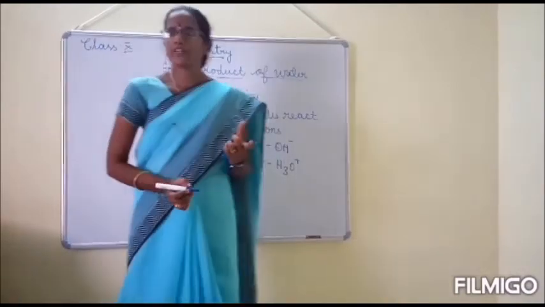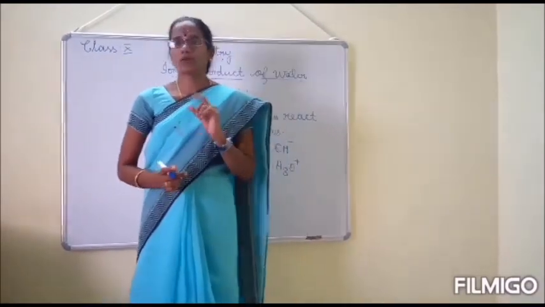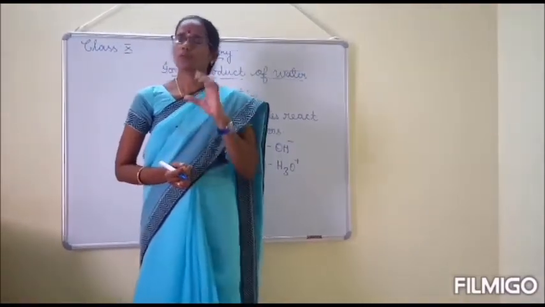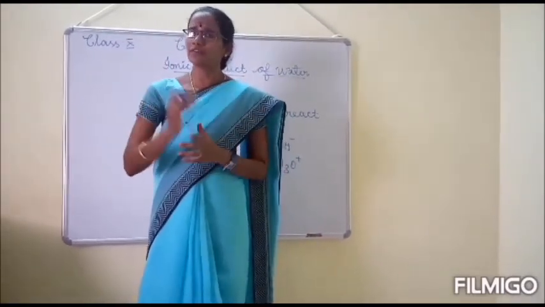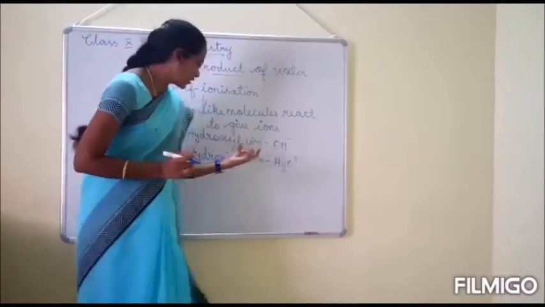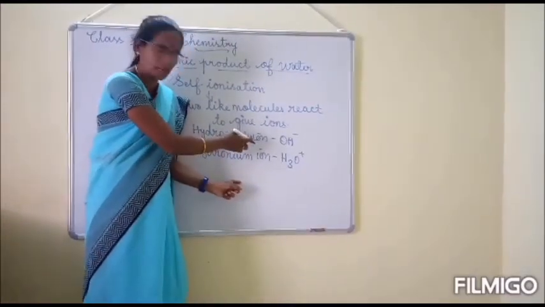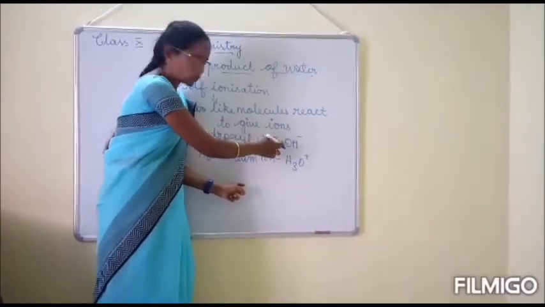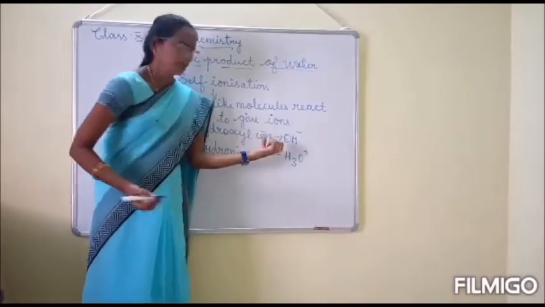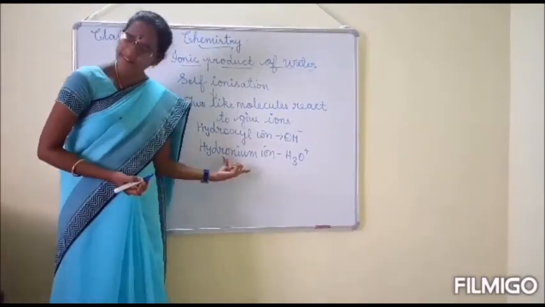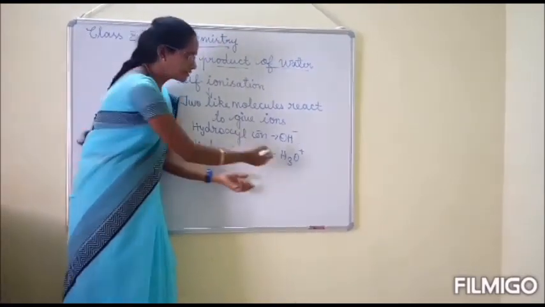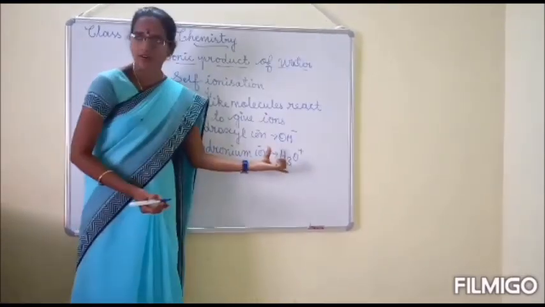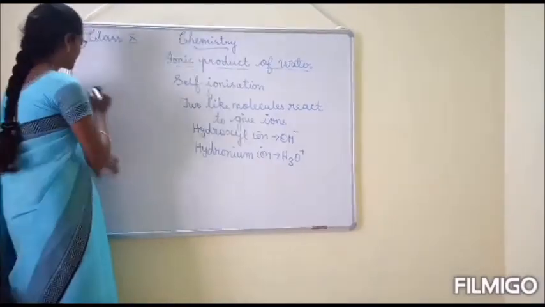Once again I will repeat. In the ionization of water, a proton from one water molecule is transferred to another water molecule and forms the hydroxyl ion, OH minus. And the proton dissolves in water and forms the hydronium ion, H3O plus. This we can write as